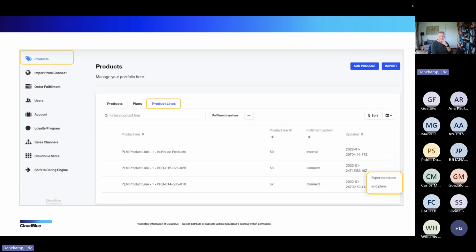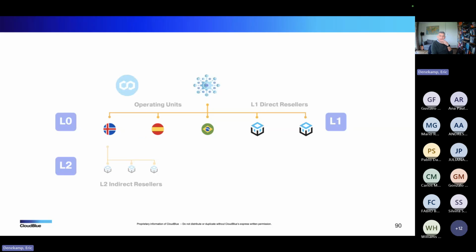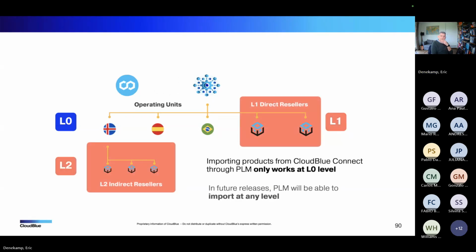So who gets access to PLM at this moment? Well, actually, it is a product that I give to my resellers. In future PLM versions, the import will be available at any level.